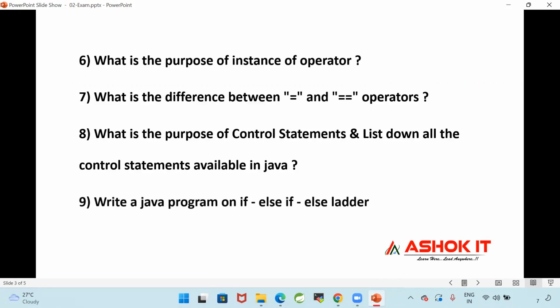Write a Java program on if else ladder. Eighth question is taking time. Okay. You need to write a Java program. I'm not giving the program also. I'm just giving my requirement. Based on if ladder, you need to write the program. What program you will write, it's up to you. I want to see that syntax. You should write a program, class name, method name, and if else ladder should be there.